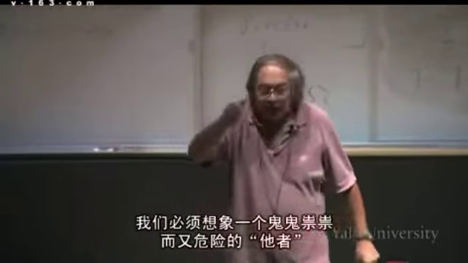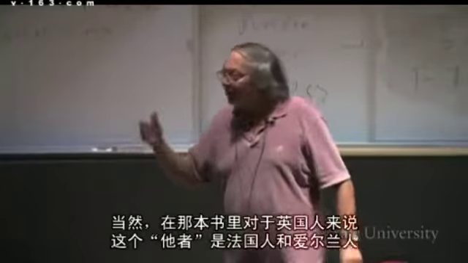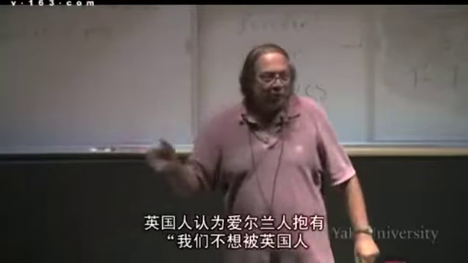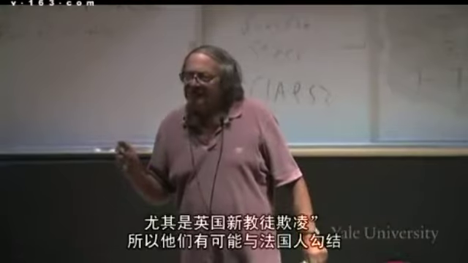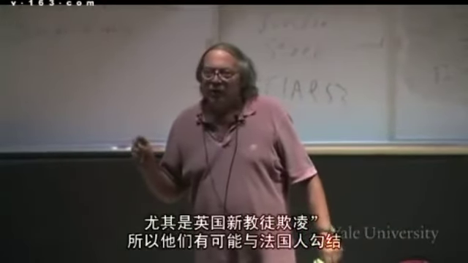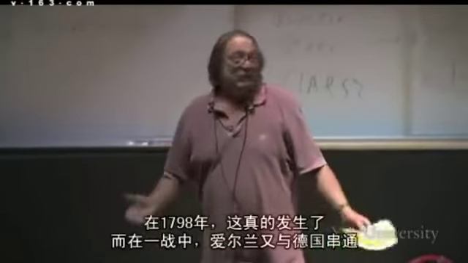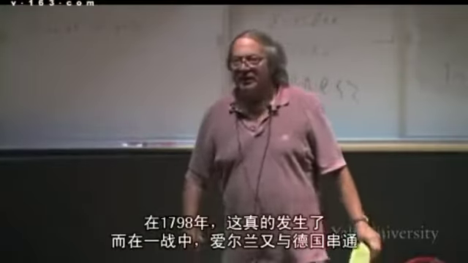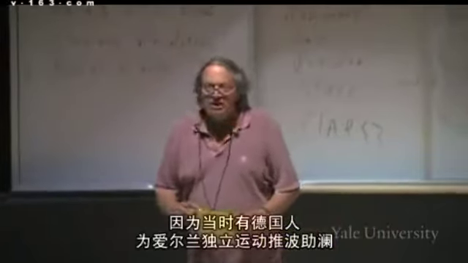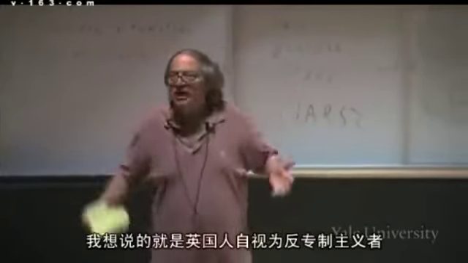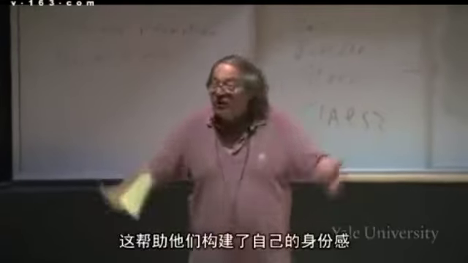And of course, in that case, it's the French, but also from the point of view of the British, the Irish, who were perceived of as being capable of hooking up with France, which they tried to do in 1798, or in World War I with Germany, because there were some attempts of the Germans to stoke up Irish independence movements. So again, the only point here is that they see themselves as anti-absolutist, and this helps them create this sense of identity, which helps determine their political